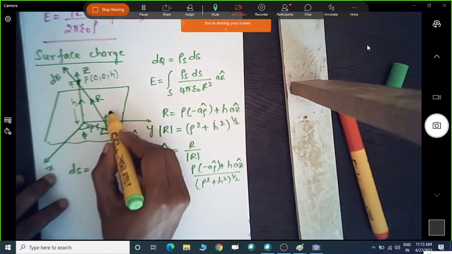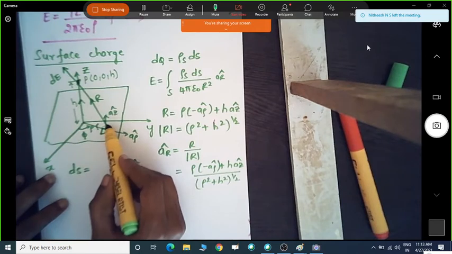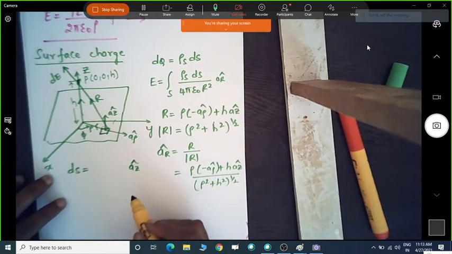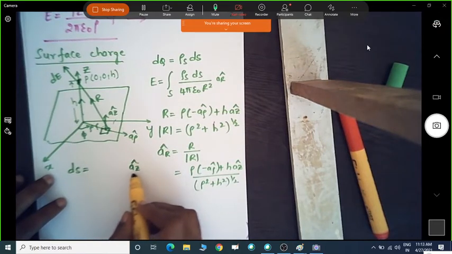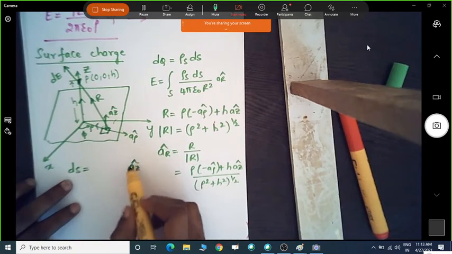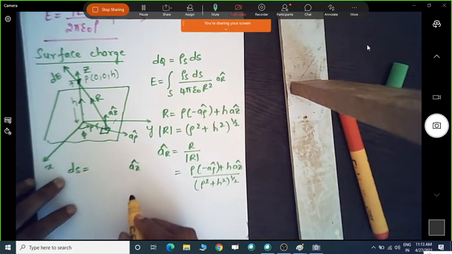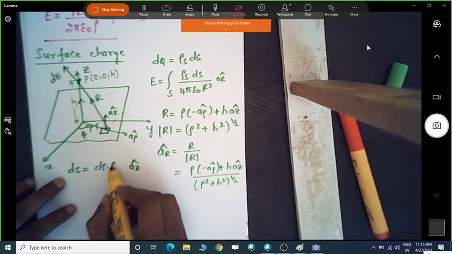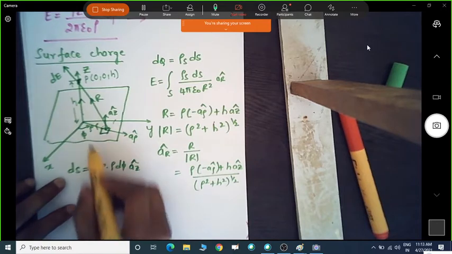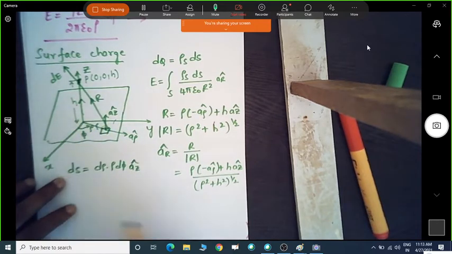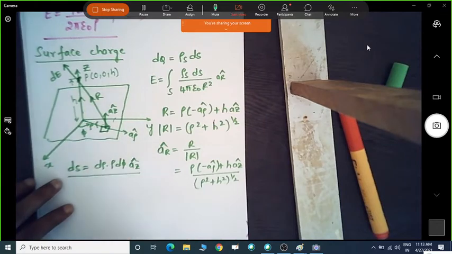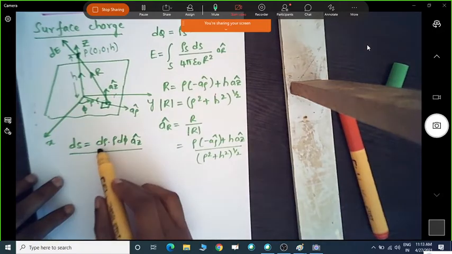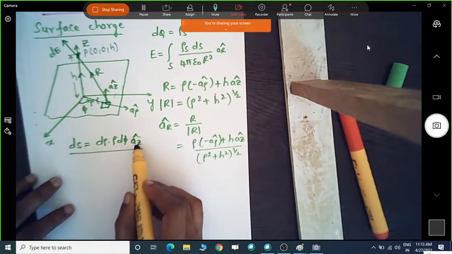which is normal to the z component, that is unit vector z. So whatever small area we consider is normal to the az direction. We have already discussed what the surface area perpendicular to unit vector az is. In the cylindrical coordinate system it is d rho into rho d phi, because this rho is always associated with the phi direction. So the surface area with respect to the unit vector z is given by rho d rho d phi az.